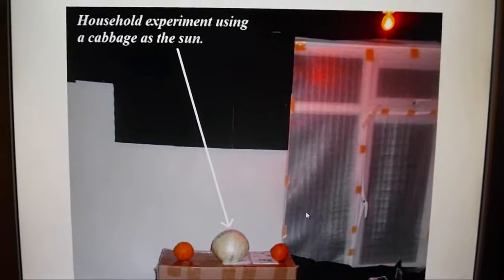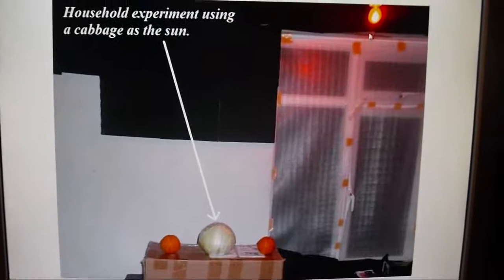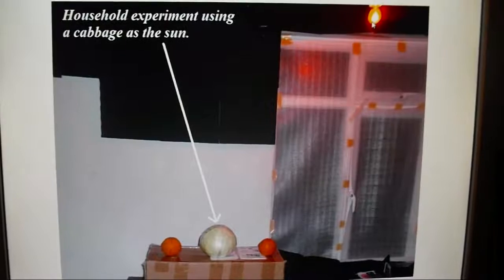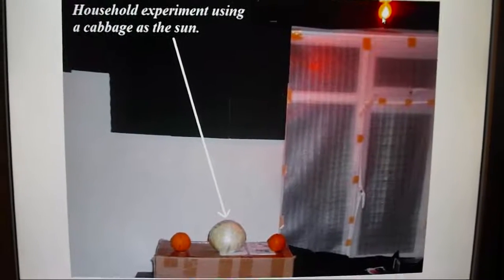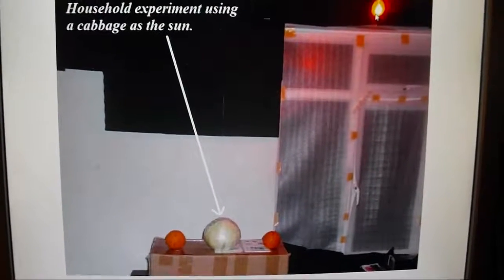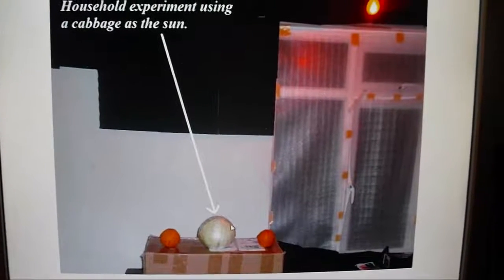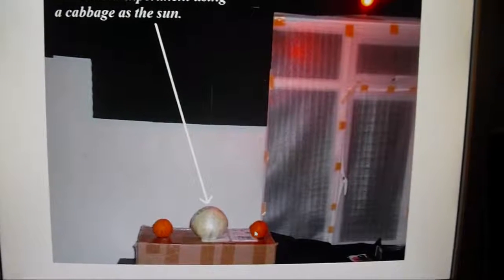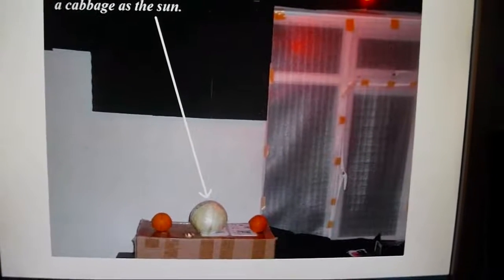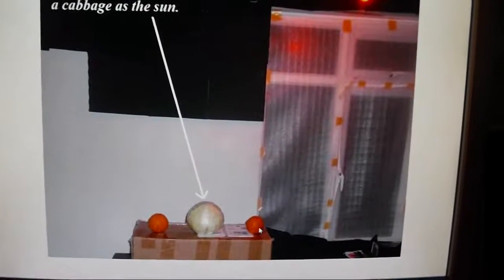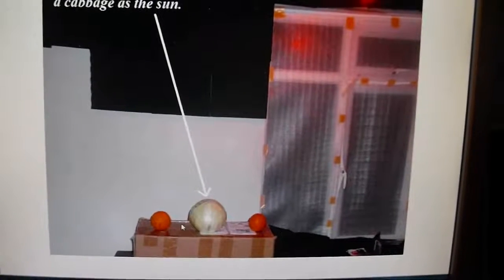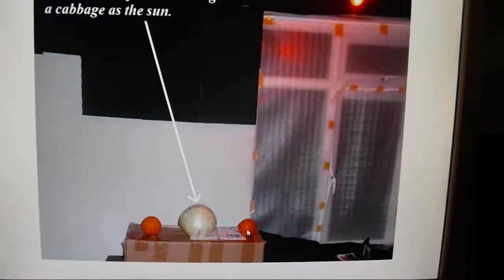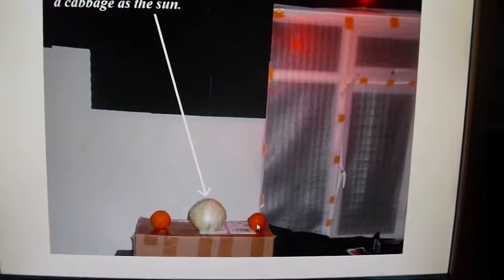Now, if you look up to the right-hand side, which is not your left, it's your right, it's here, you will see a red light bulb, which is switched on, in case you haven't noticed. Now, if this cabbage represents the sun, and you are on this Earth here, not this Earth, because this Earth here represents July and this Earth here represents January. But at the moment I want you to look at this Earth here that represents July, because you